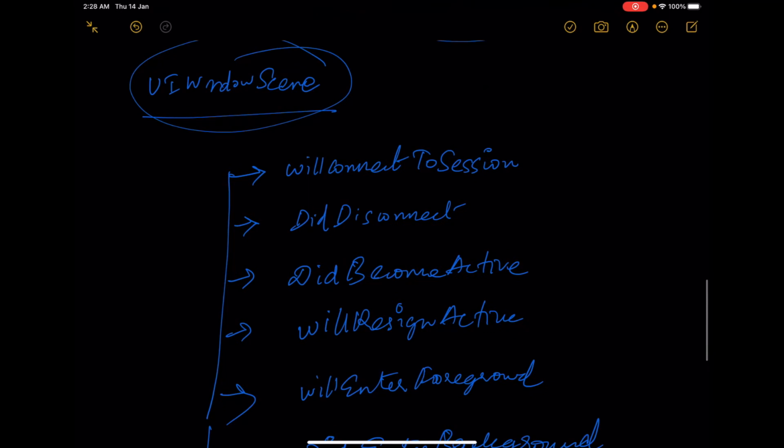These are all the lifecycle methods of a UI window scene.